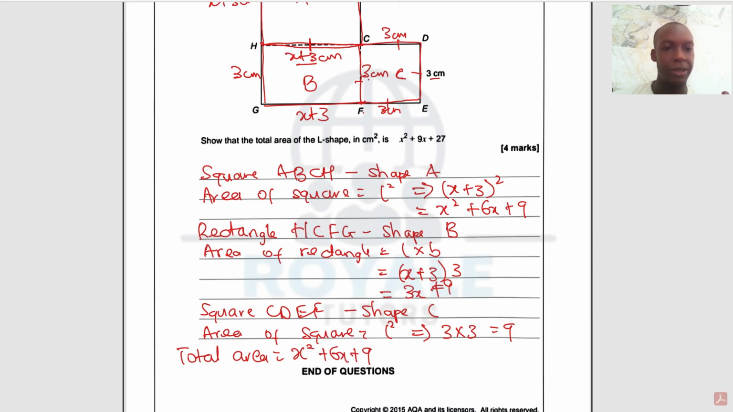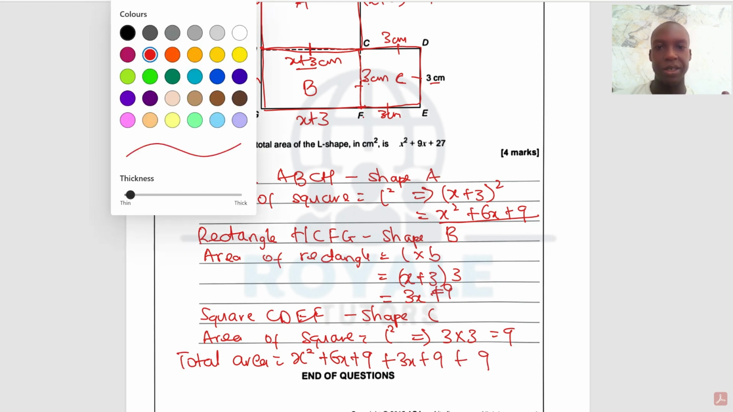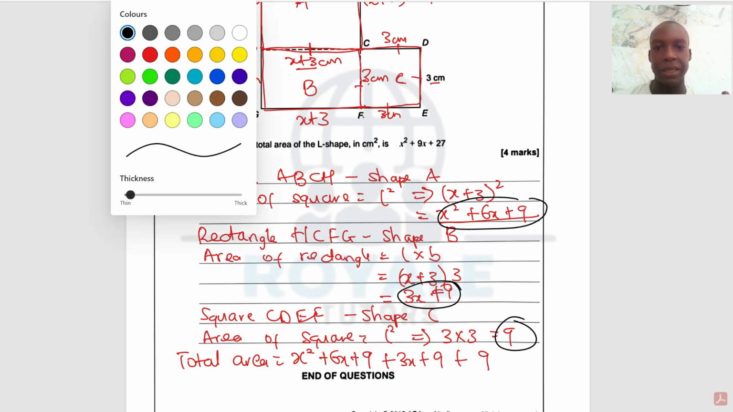That is that of shape A, plus that of shape B is 3x plus 9, and that of shape C is 9, just like we have here. Let me try to point that out. This is the area of shape A, this is the area of shape B, and this is the area of shape C. So if we are adding all of this together,